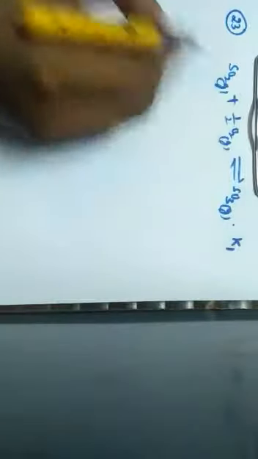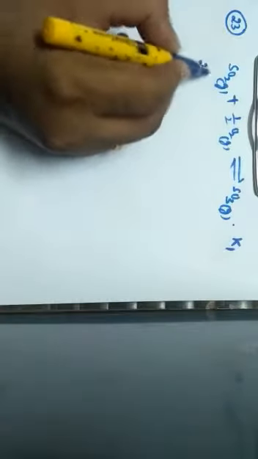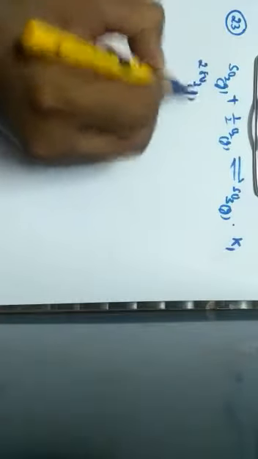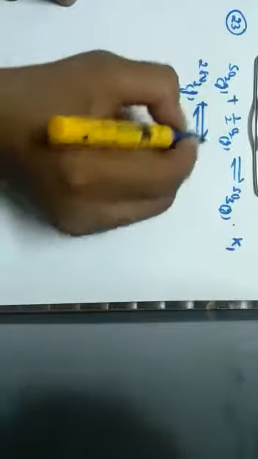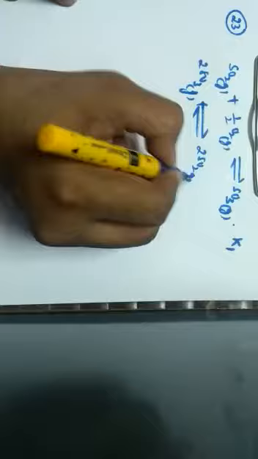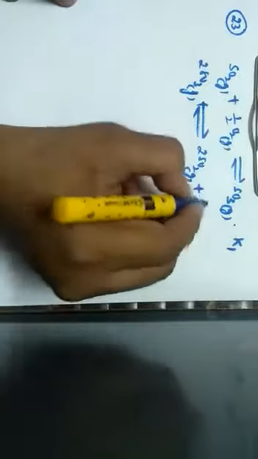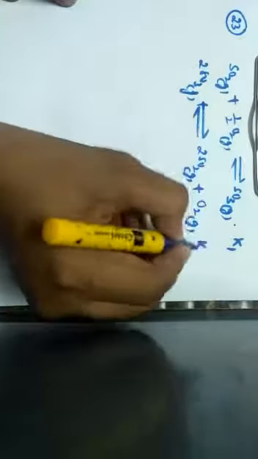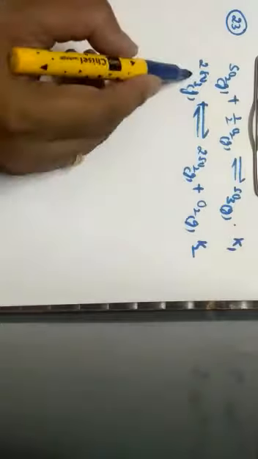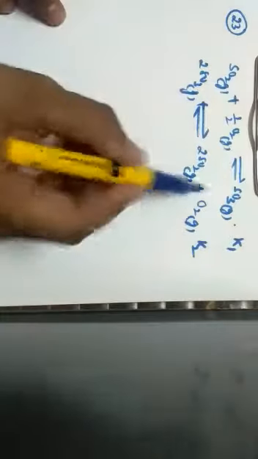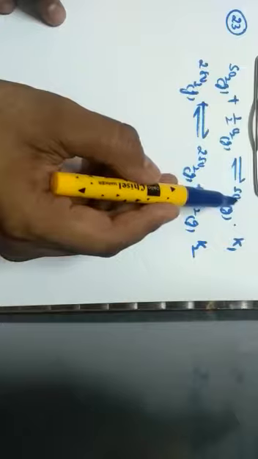Let us consider this as K1. In the same way, SO3 in gaseous phase will give rise to 2 times SO2 in gaseous phase plus O2, that is also in gaseous phase. Let us consider it as K2. So here, if the equilibrium of a reaction is multiplied by n factor, because here 2 moles of SO3 is obtained, here also 2 moles. If I multiply this by